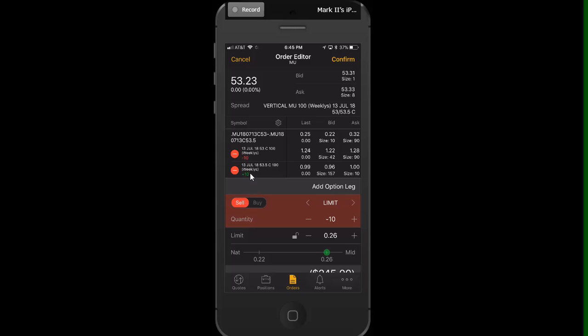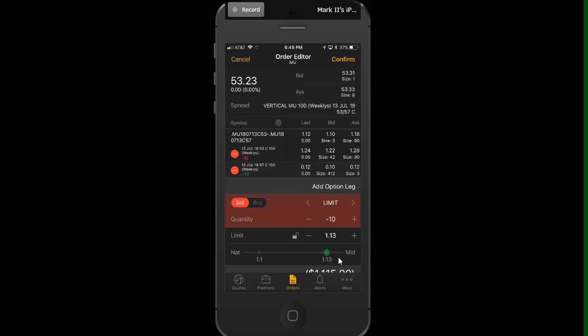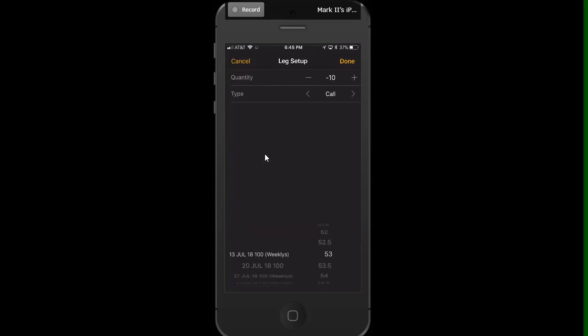And you can see up top, this is where it lists the legs. It lists the short leg, and it lists the long leg. I want to adjust these to the strike prices we had earlier for the call. I believe I had the 55 and the 57. So I'll adjust the long leg just by clicking on the leg, and it's going to bring up a little scroll wheel where I can adjust the expiration week, and I also can adjust the strike price. So I'm going to adjust this one out to 57, hit done, and then I'm going to adjust my short leg to 55,